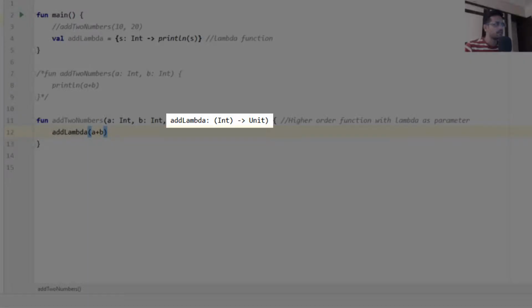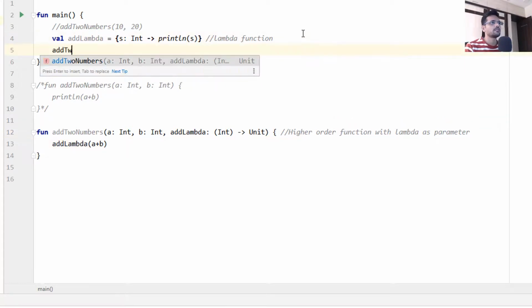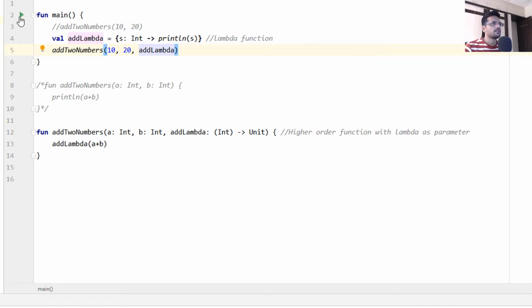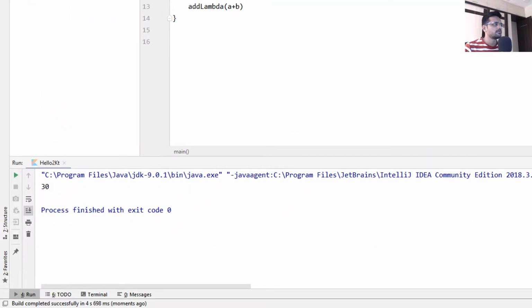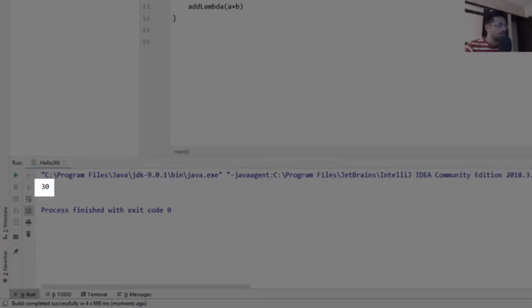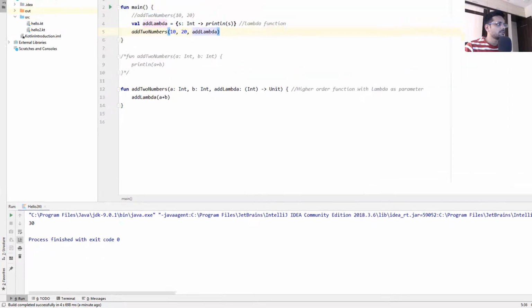Add lambda is a variable which is of type int and returns unit. Similar to void in Java, we have unit in Kotlin. Now let's pass this variable add lambda as an argument to our function. And the output is the same. I hope this example has made the lambda concept more clear to you.